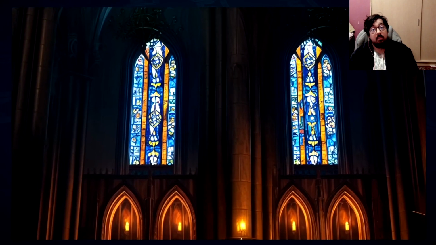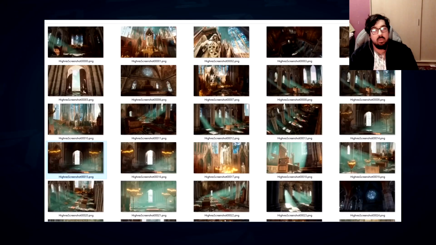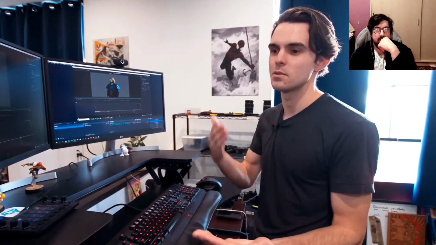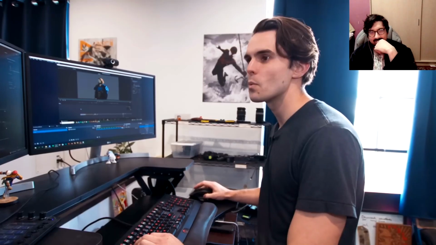All right, so that's basically what the process looks like for all these background plates. Now that these background plates are processed, the shot has everything it needs to get composited. Basically in anime, there's no 3D moves. It's all either painted backgrounds or cell animated characters. So we wanted to stay true to that.